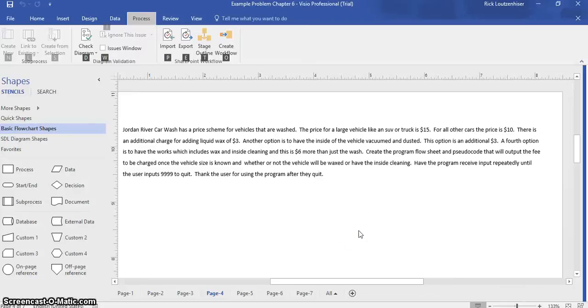Okay, we're on to Chapter 6, and for Chapter 6 I thought I could help you by doing another example problem which will show us how to use arrays. What I did was I took the problem that we looked at in Chapter 4, which was the Jordan River Car Wash, and if you remember from that problem from back in Chapter 4, we had a price for a large vehicle, a price for a regular vehicle, and then there was the option to have wax, which increased the price by $3. So we used if statements to work through the different options on that,